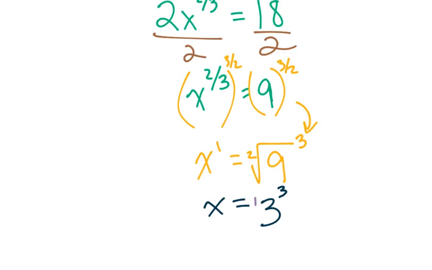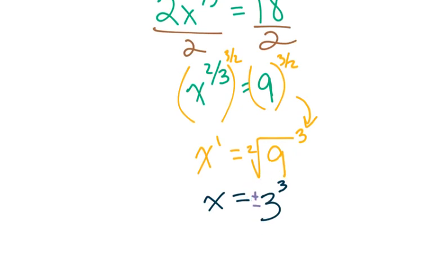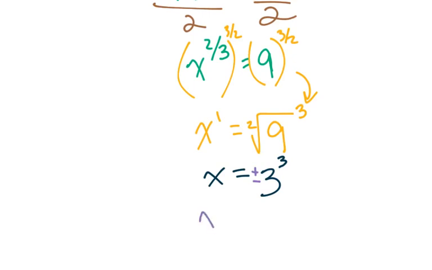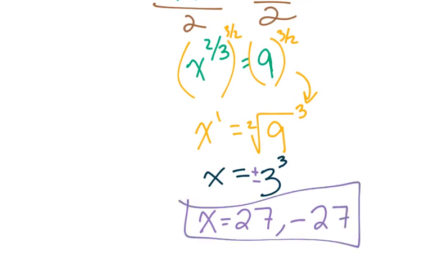Now here's the thing that a lot of people miss, and I missed it the first time too. When you take the square root, you have got to put the plus or minus. So think way back when we did square roots, whenever you take the square root, because we inserted that 3/2 exponent there, we have to plus or minus it. There are two options here. So since there are two options, we've got to write them both out. We could have positive 3 cubed, or we could have negative 3 cubed,